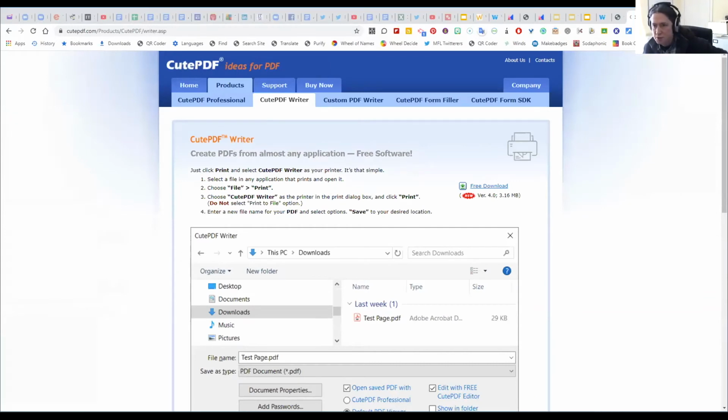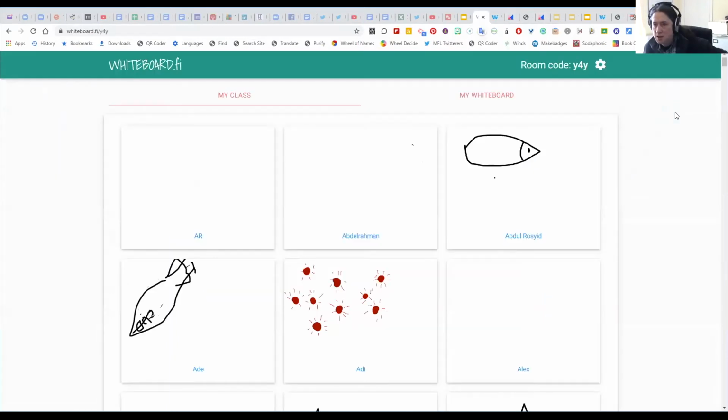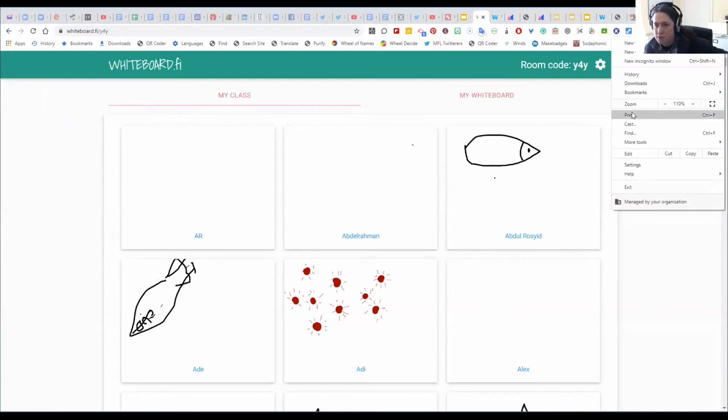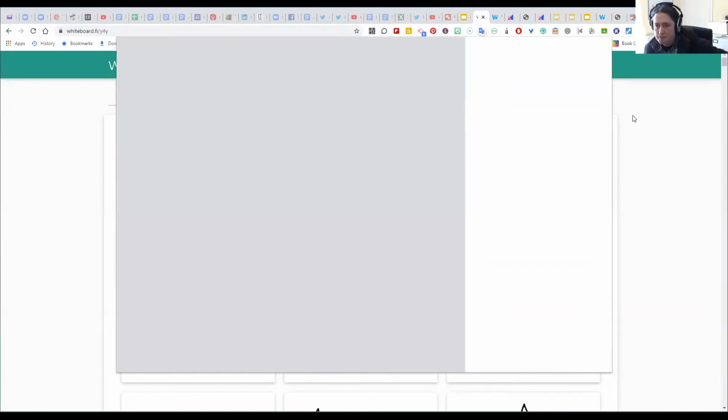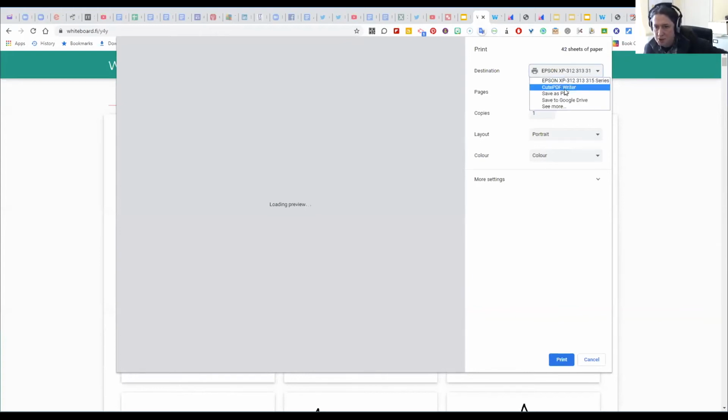I've already installed this. So it means that if I go to here and I click, I'm in Chrome at the moment. If I click on the three dots, let me just refresh the page again, just see if there's any other pictures that are going to come up. Okay. So if I click on the three dots and I click print, I'm not going to choose my Epson printer. I'm going to choose Cute PDF Writer. It also says save as PDF, which I think is the default option in Chrome. If you click Cute PDF Writer,